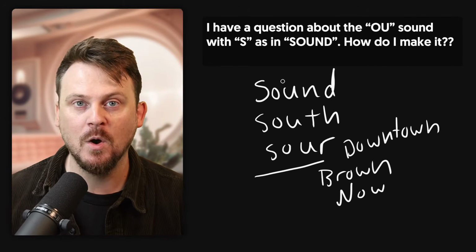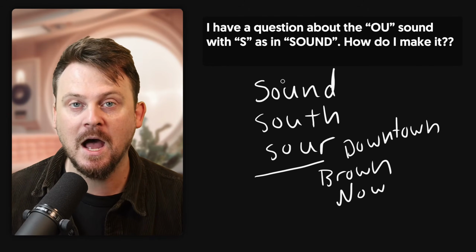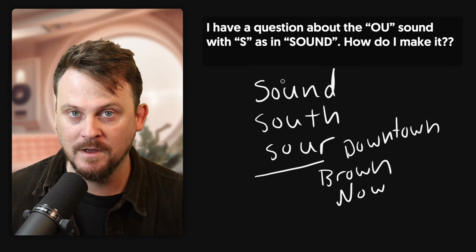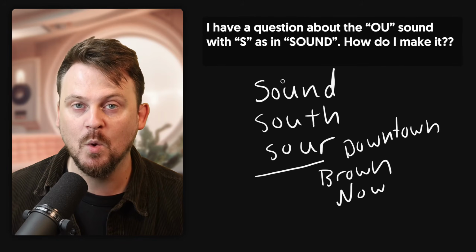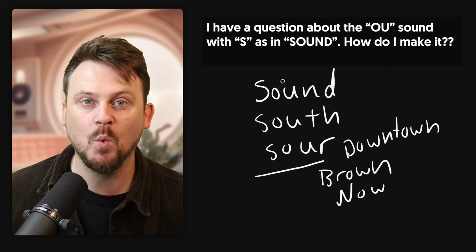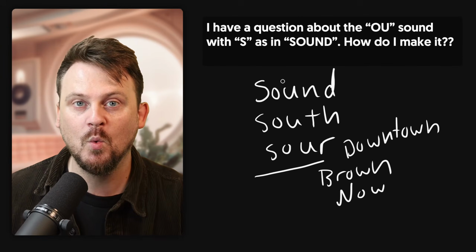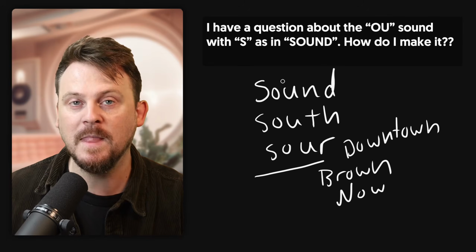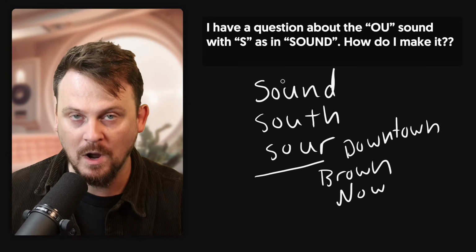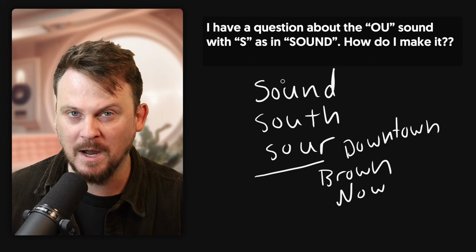So let's start with both pieces. First, follow me: ah. Now the second piece: oo. Notice my lips are stretched forward, close together, but there's air passing between. Now we put them together: ow. Ow. Say it two more times.